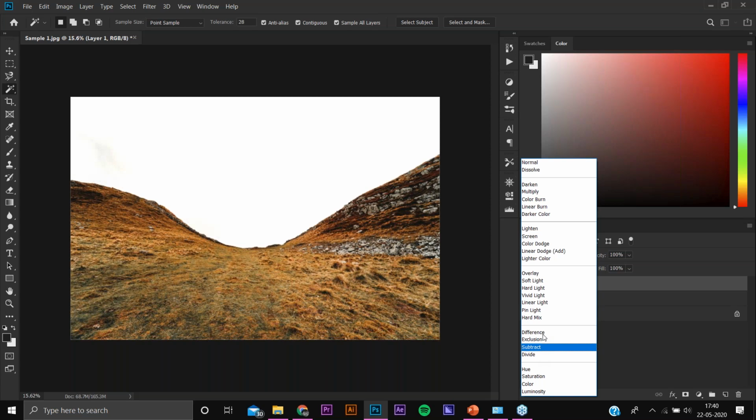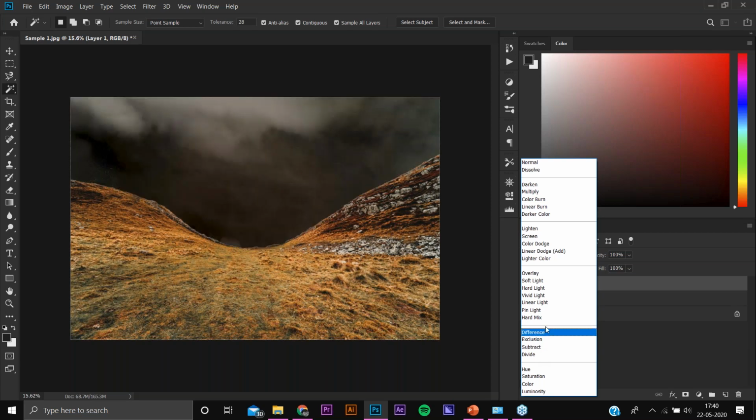It's a personal choice. And we will be changing its opacity to a little bit, 80 to 90. More natural.